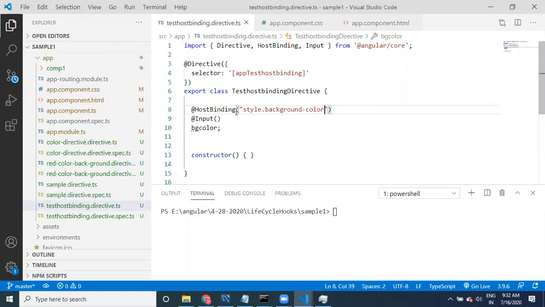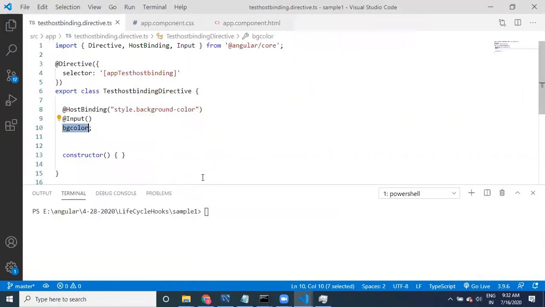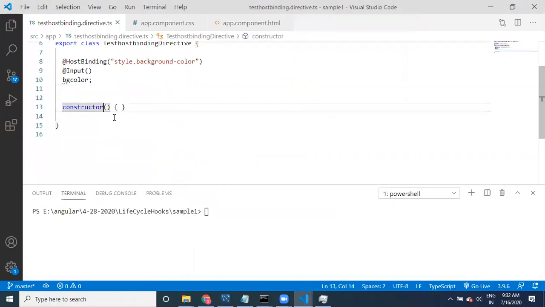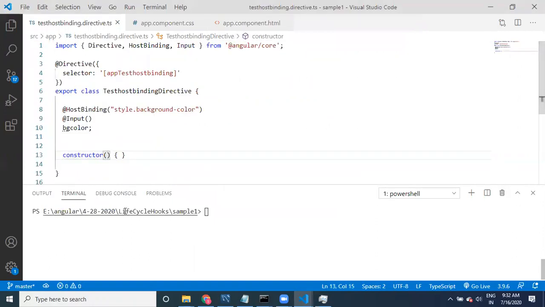Now the property. Yeah, see here, this is very simple. Now we are not assigning it. We are not taking any element reference or anything. But still it is happening. So how is it possible? Because of this particular, if you see the constructor, nothing.